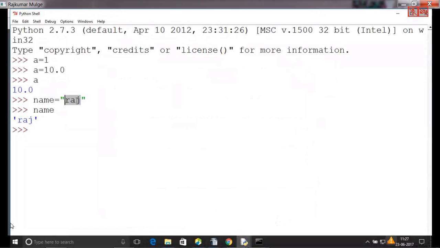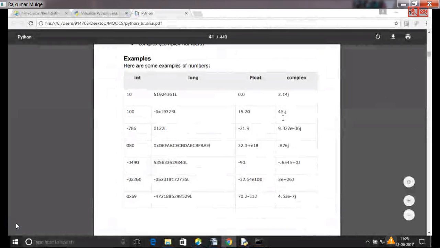There will be a different topic altogether to access each value of Raj, the 3 letters, right? Now if we want only R, only A, only J, we can access all those things. Something called slicing will come, in the list actually. So once we go to list, we'll see all those things. So again, imaginary and real part, right? This is the real part and the imaginary. How the float is defined: normal integer,